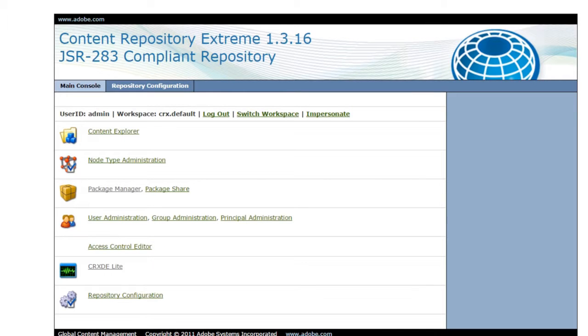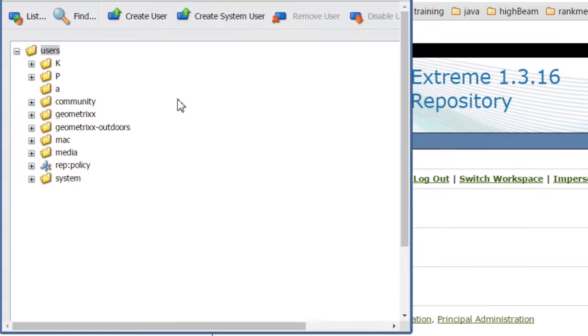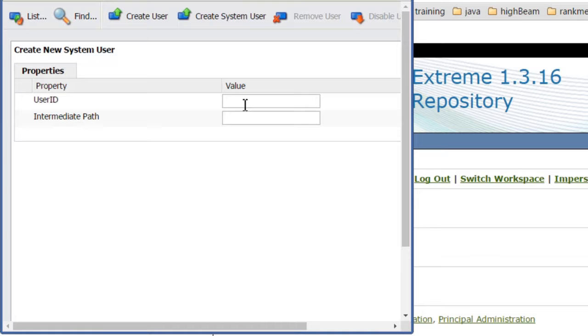Now we need to create a system user. Log into CRXDE Explorer, select user administration, create system user, and you provide the user ID, that is sys user, that is what we used when we created the mapper.